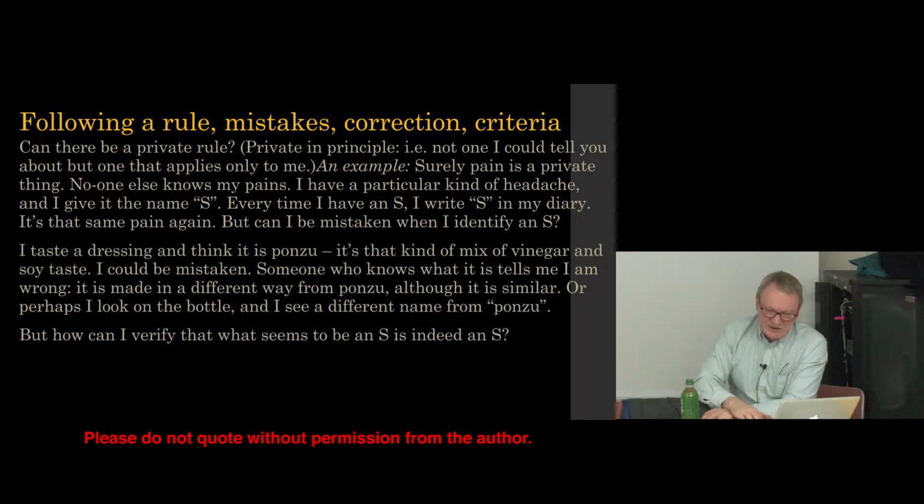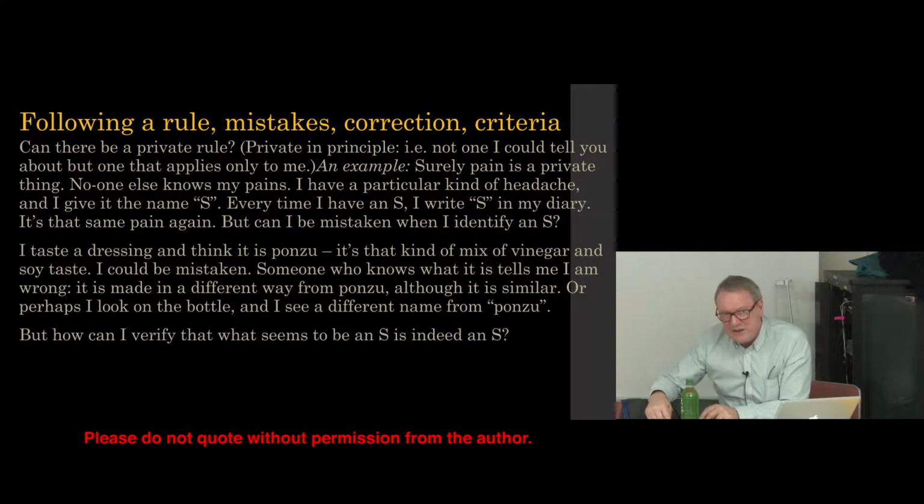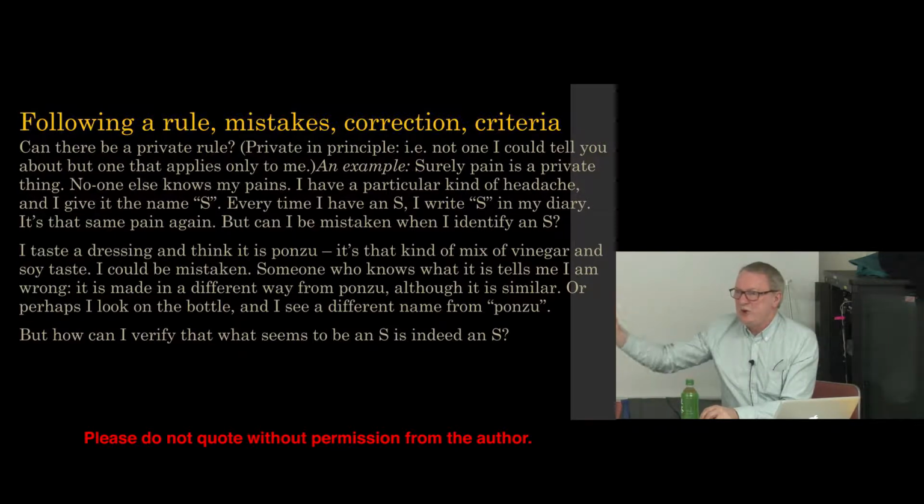So what this is leading to is the notion that the possibility of a mistake and correction of a mistake is part of what a rule is. For there to be rules, there must be the possibility of a mistake. For there to be mistakes, there must be a community that corrects me. Whereas in the S example, it was all private. You had no access to this thing that I think I feel.